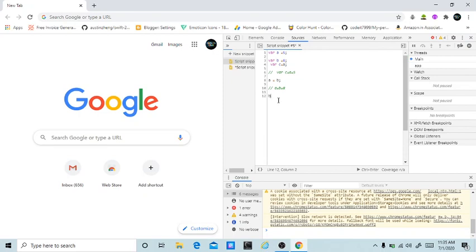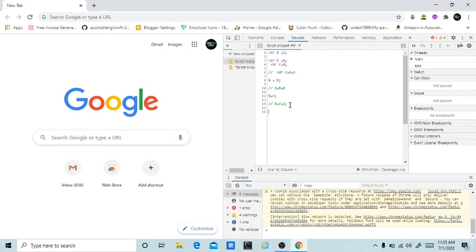So now b is empty, we can fill whatever value we want in a and in b, and we want b to have the value of a, which c is having, which is 5. So b is equals to c is equals to 5, which means now we have successfully swapped the values of variables a and b.